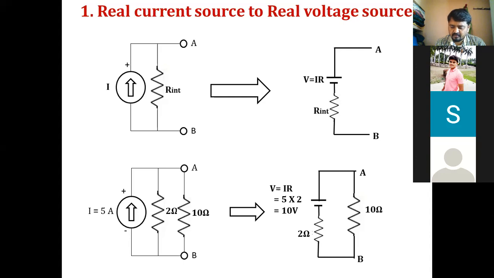So conversion is very important. Voltage source to current source, current source to voltage source. It will stop here only. It will end now. Current to voltage, voltage to current. I am not going to explain directly; we will use it in the circuit here. One point you have to remember: for voltage to current and current to voltage conversion, Ohm's law is important. V equal to IR, I equal to V by R. R will be the same for both circuits, but only the current and voltage values will change. The resistance will be the same, but its connection will change from series to parallel, parallel to series. That's it.